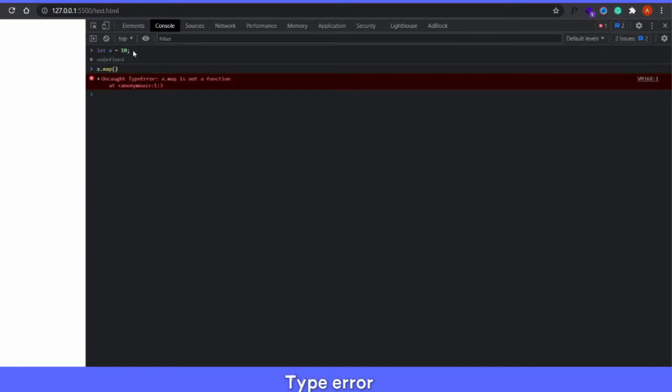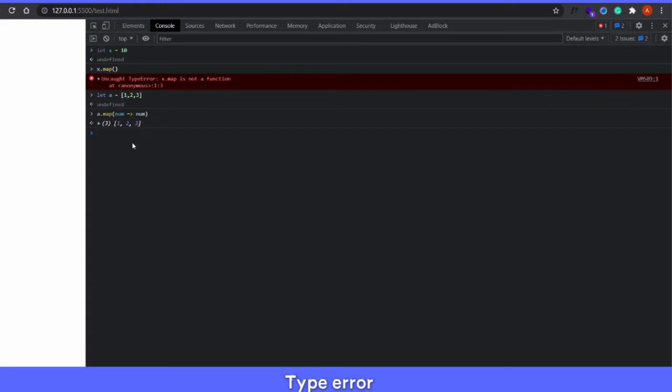Let's say you're trying to iterate over a variable which is not an array. It is a non-iterable. So let's say I create a variable x equals to 10. Now if I try to map over this x, I would get a type error because x is not an iterable. Now if I create another variable which is an array, so 1, 2 and 3, if I try to iterate over this, I'll be getting a proper result because A is an iterable and X is not an iterable.